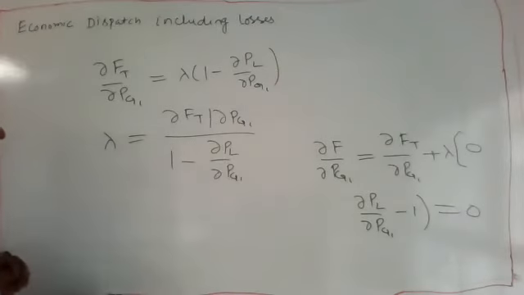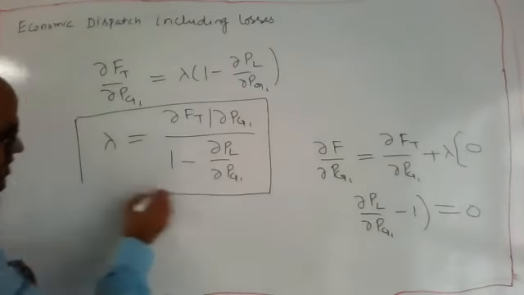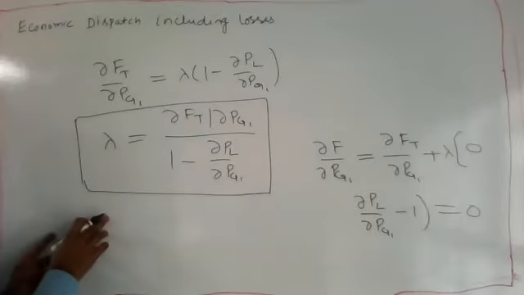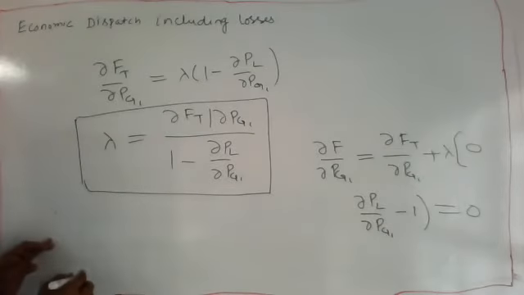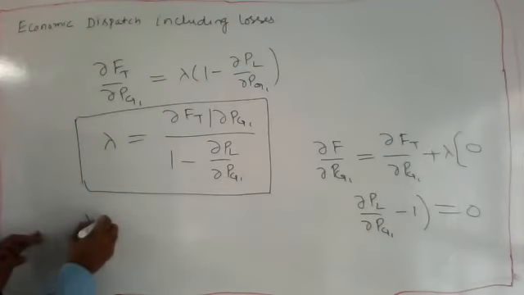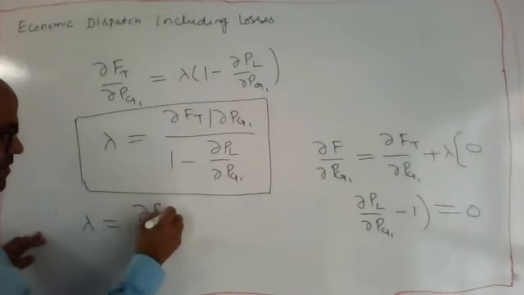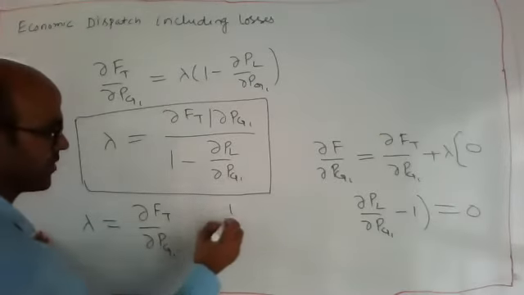Del f_T over del P_Gi. Okay. So this is for in general the ith unit. If I put i equal to 1, then this is for unit number 1. I equal to 2, then this is for unit number 2. Okay. So here are some terms. So if I write lambda equal to del f_T over del P_Gi into 1 divided by